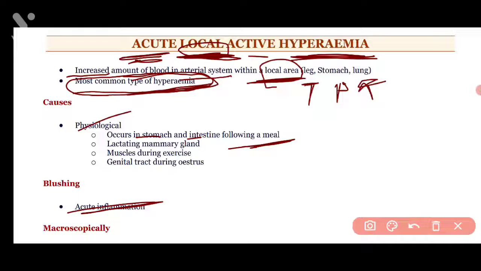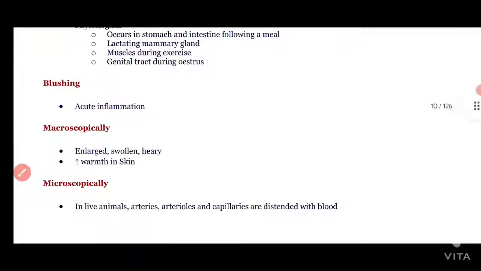In such a condition, there is increased blood flow to the organ, and in the case of a lactating mammary gland producing milk, the requirement of blood will increase physiologically, leading to local active hyperemia. And muscles during exercise, and the genital tract during stress. These are the physiological causes that will lead to local active hyperemia, and these all are beneficial. And whenever in case of any